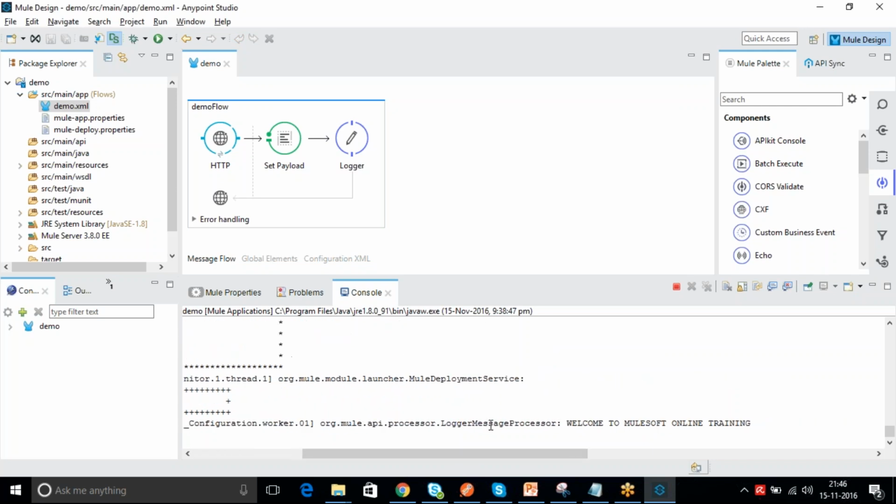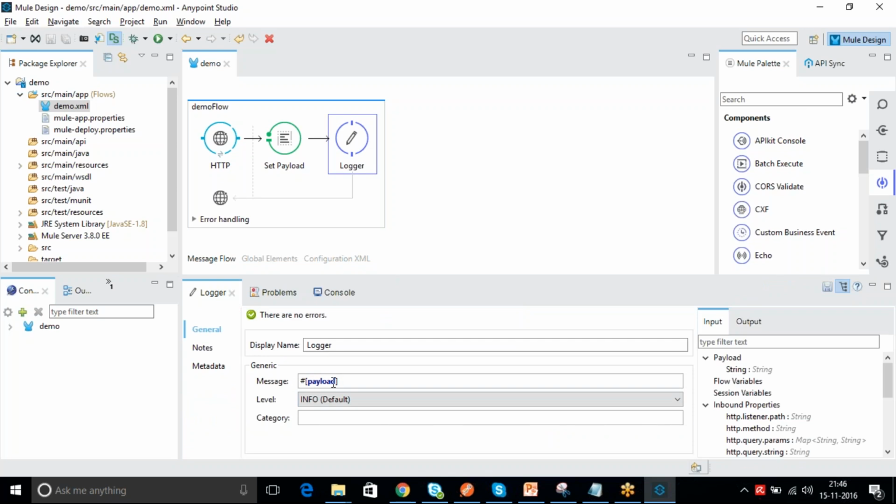If you see, the logger component is the log message processor, and whatever message we set is displayed here. So inside the logger, not only payload, if you want to display something,